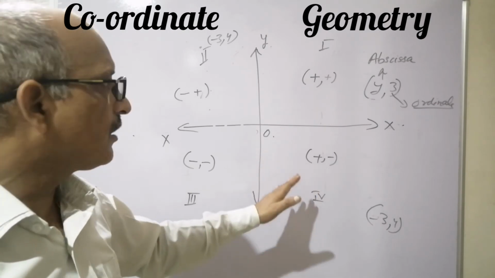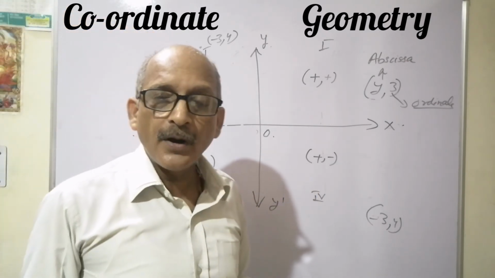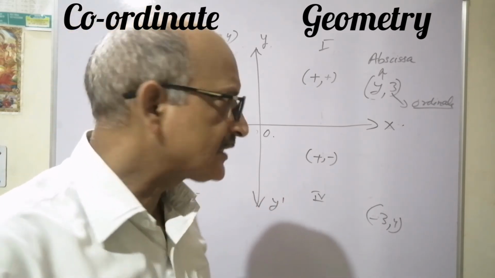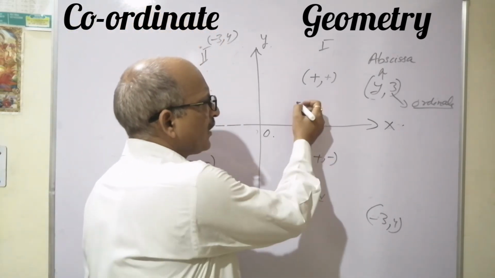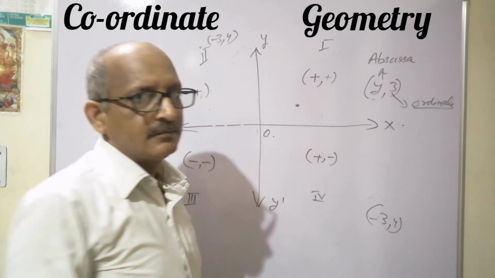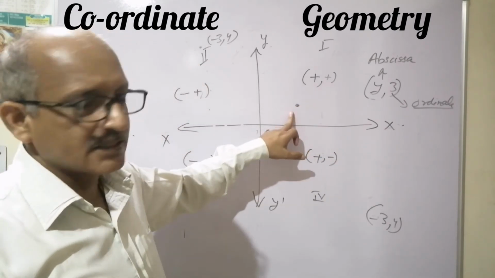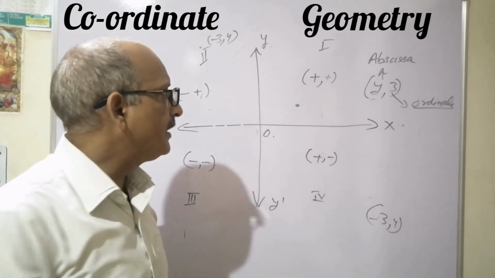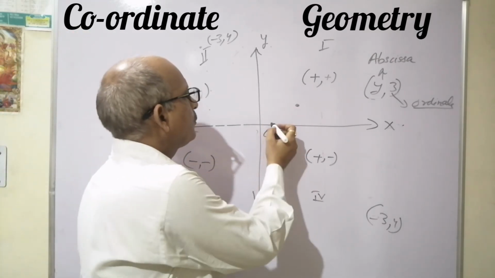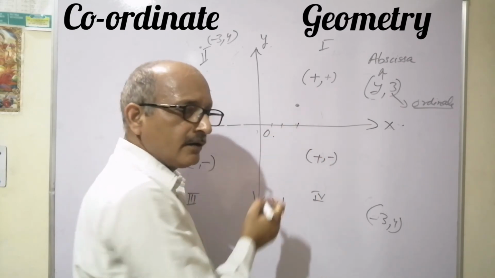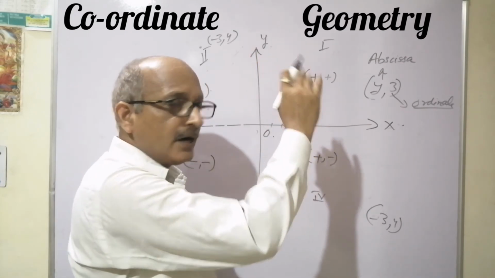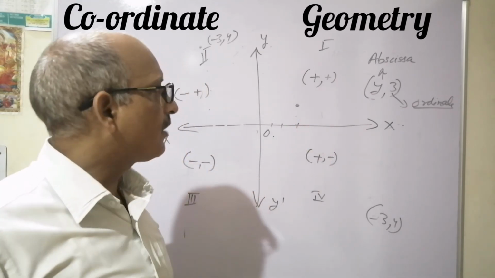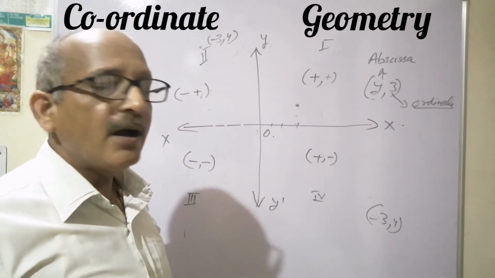So we have discussed a lot on how to plot a point and how to get the position of a point. Now let's see. Here is a point and we have to find its address. What is the address of it? Meaning, what is the coordinate of it? First of all we go along the streets 1, 2, then 3. And then we move upward 1, 2. So conventionally you have seen that the coordinate of this point is (3, 2).